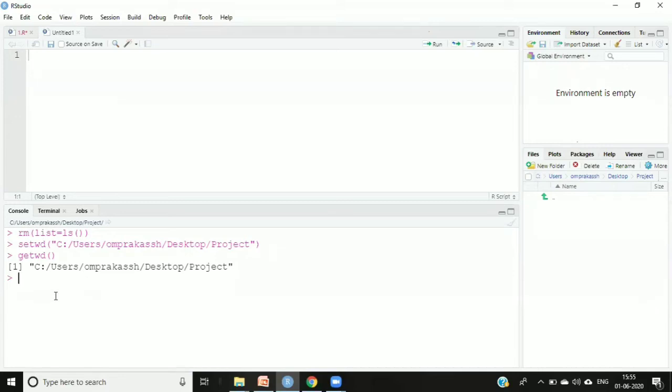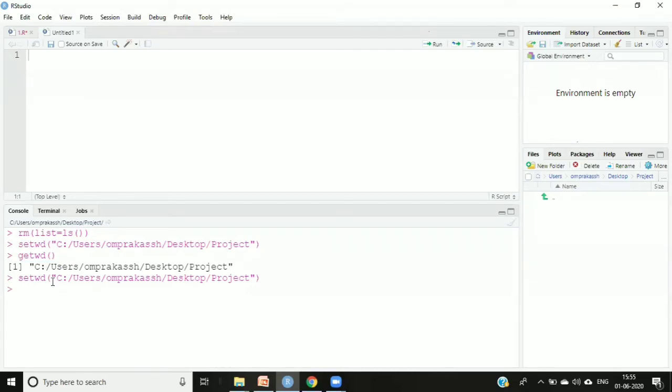If you want to set it by command, this is the command. You can say setwd, right? But the only thing is, you need to mention the path properly, and it depends on which platform you are on. If you are on Windows, you will have to give the path in this particular way. You can click on your folder's properties, copy the path and then paste it over here. Whatever directory you want to set, you just say it over there, and it will set your directory. With the help of setwd, you can set the working directory. With the help of getwd, you can get the working directory. I hope this is clear.